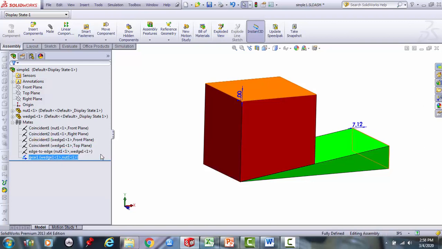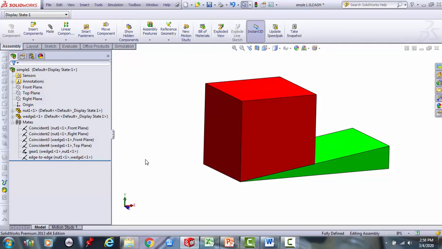The mates at the bottom, I usually name those mates, and they will be suppressed or not active during the simulation. I use these bottom mates that I name as the initial conditions for the mates. So I actually fretted about some of this stuff. Like I fretted about having edge to edge. That's to sort of launch the nut and the wedge in the simulation with a proper starting